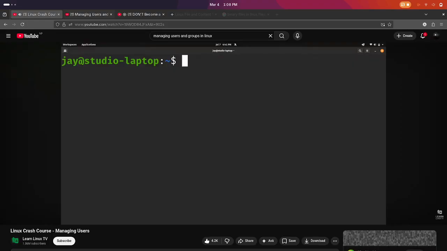So let's take a look at how we set a password for the user. And to set a password for a user, or even change our own password for that matter, we have a dedicated command, the passwd